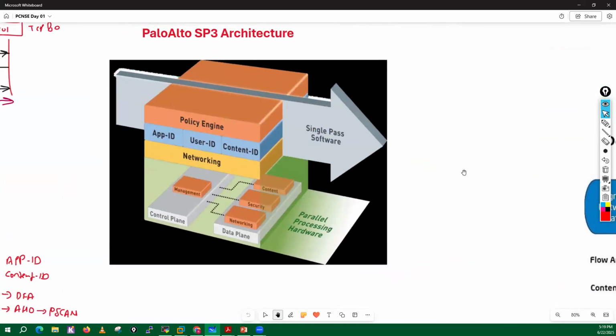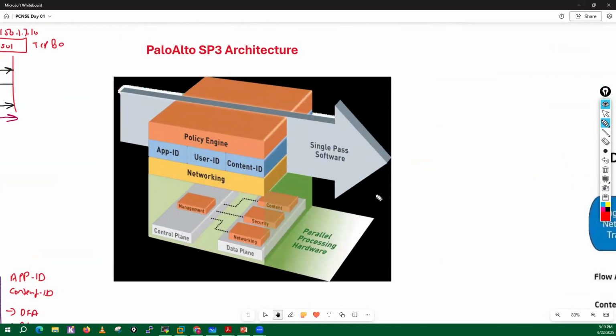So guys, this is all about your parallel processing hardware. If I summarize parallel processing hardware, you can simply say that in your Palo Alto devices we have a separate management plane which has separate hardware like RAM, CPU, and SSD.